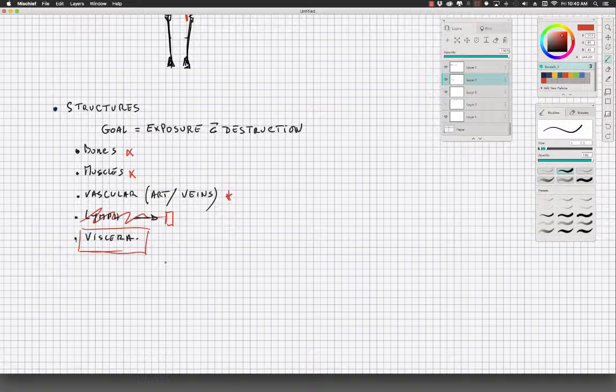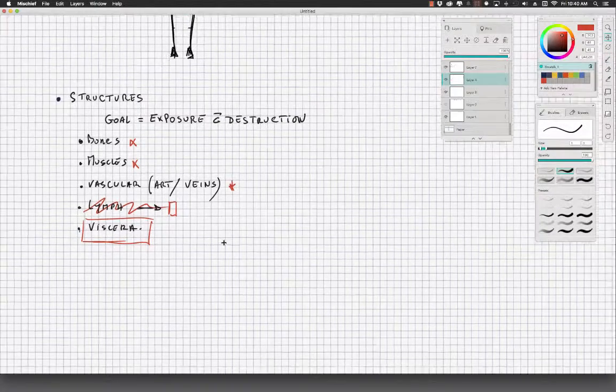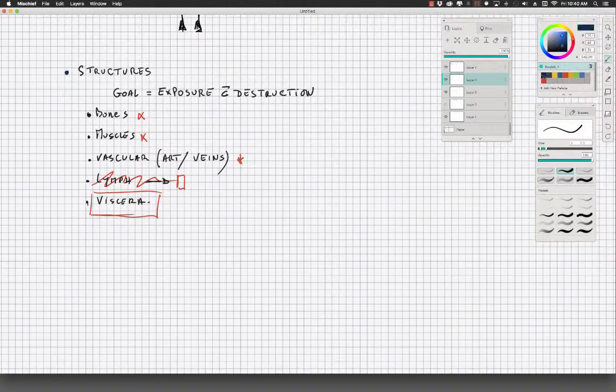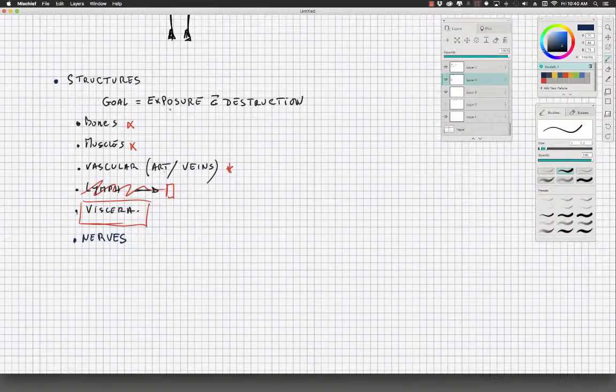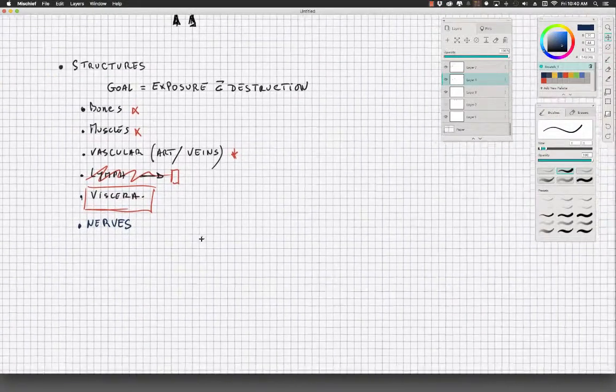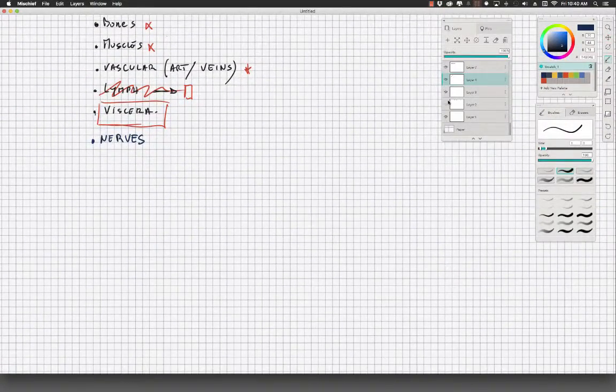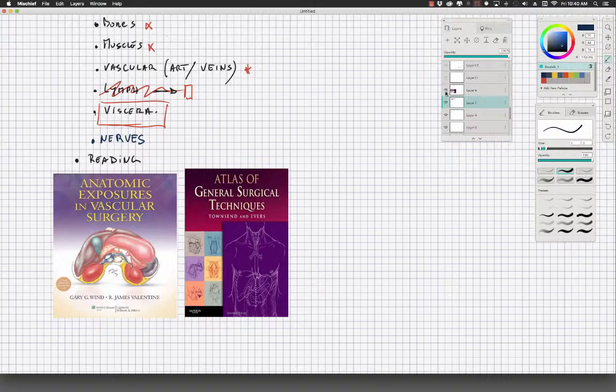So when you read or you look at an anatomy text, those are the important, you know what I forgot? The nerves. Probably one of the most important things. Sorry. So when you look at an anatomy text, pay attention to what is present within the field. And in order to know that, unfortunately, again, you have to do some reading. And I don't know what texts you have. Those are the ones I would recommend for